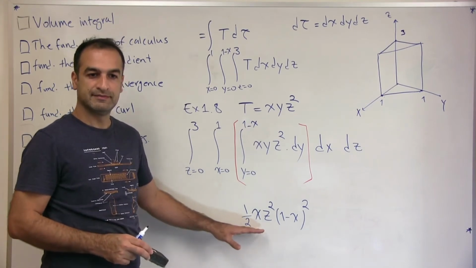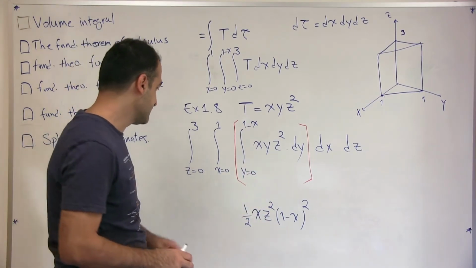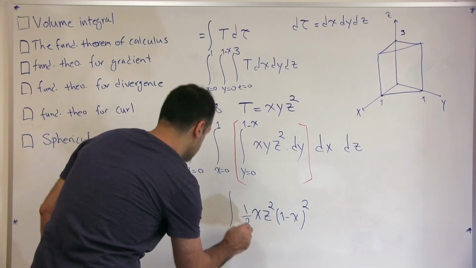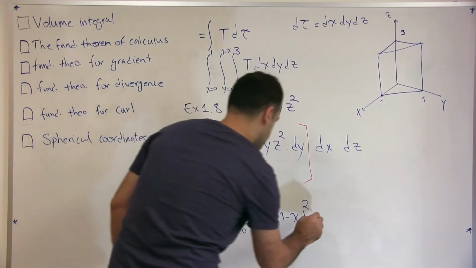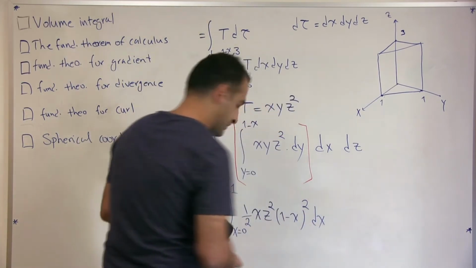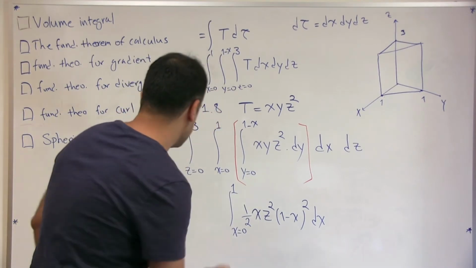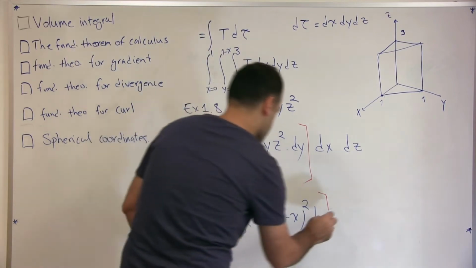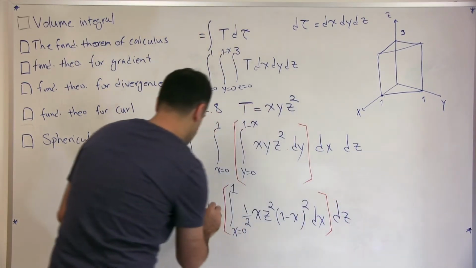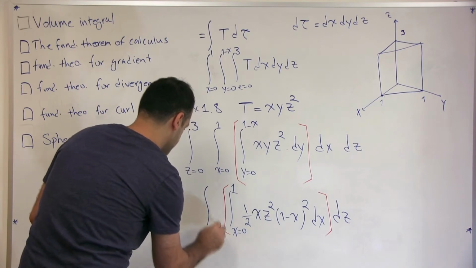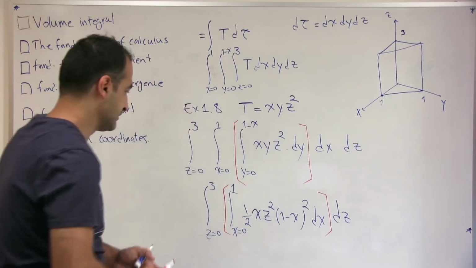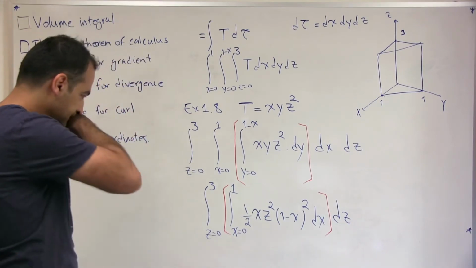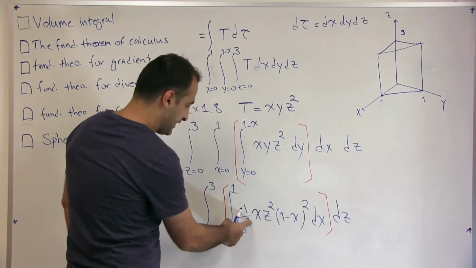Looks good? Yes, so this integral becomes this. And now we are integrating this over x, from 0 to 1, dx. And then, of course, again, this is going to be inside the bracket. And once we do it, we should do dz, integral from 0 to 3. Okay, so integral of this one, the second one is, so what we have is that 1/2 and z squared